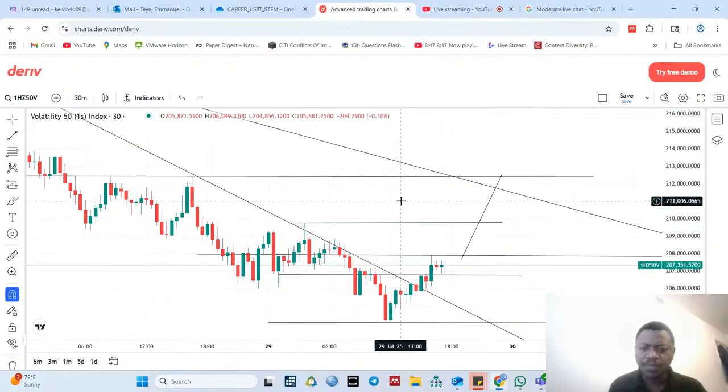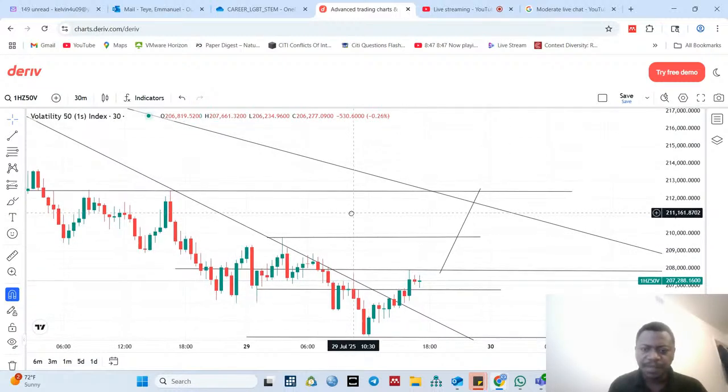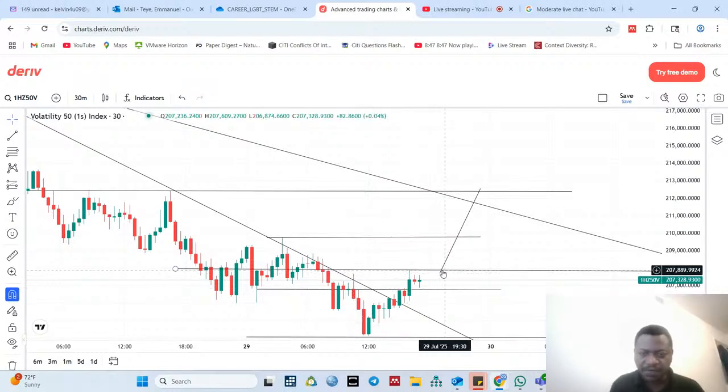Still trying to push to the upside. So I'm going to keep waiting. The time is 11:24 my time. So the new 4 hour candle opened at 10. So we are 1 hour 24 minutes into the new 4 hour candle. So we still have 2 hours 30 minutes to see if price will be able to